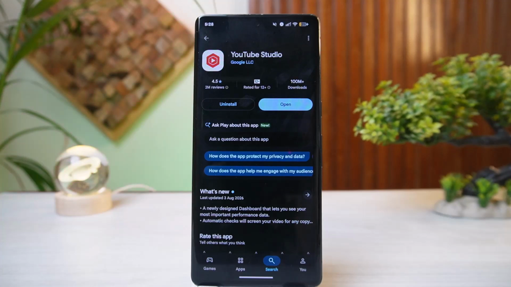How to use YouTube A/B testing thumbnails. To use YouTube's A/B testing thumbnails, you simply have to go ahead and open YouTube Studio on your desktop